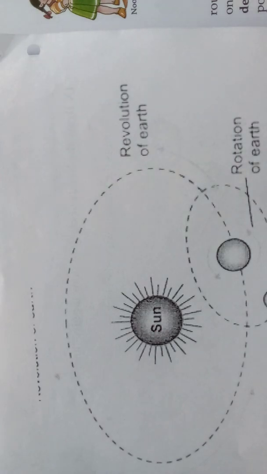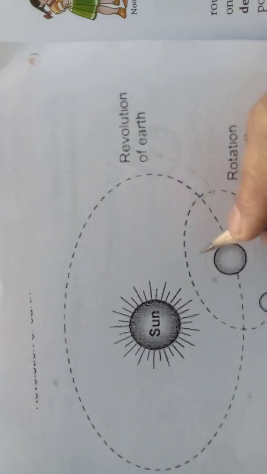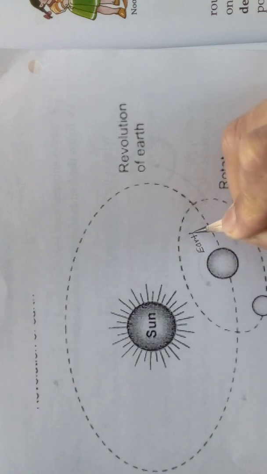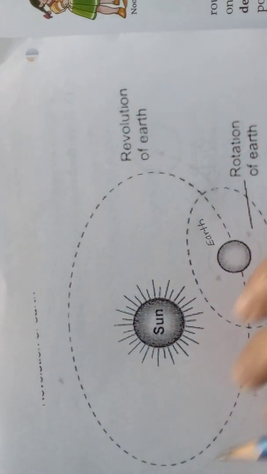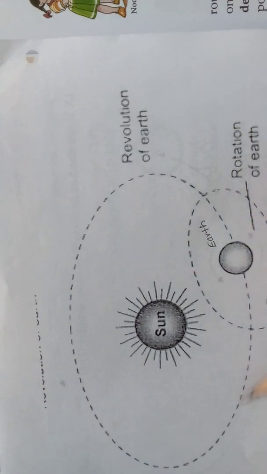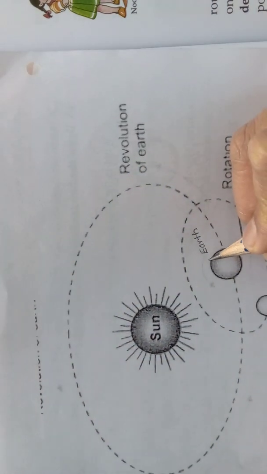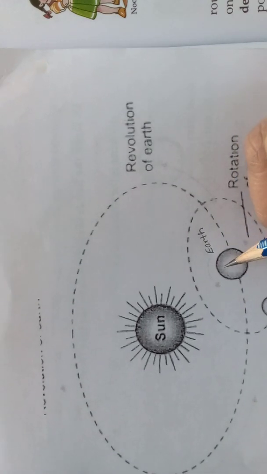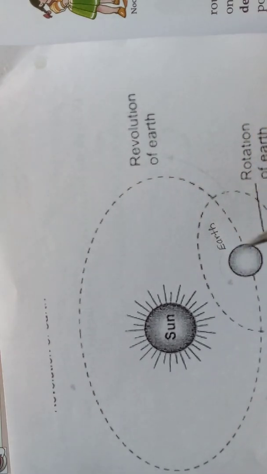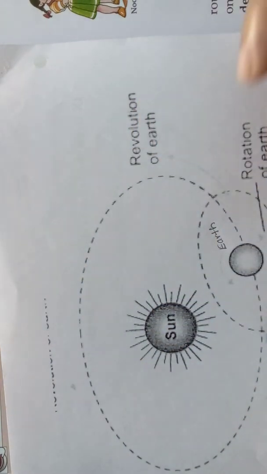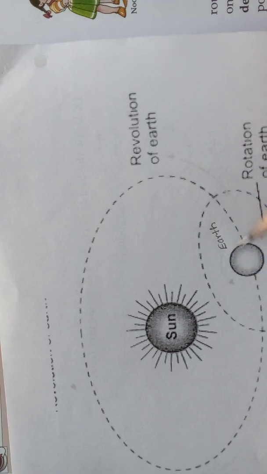And we know now, children, see, this is earth and this is sun. The earth revolves around the sun, and also it rotates on its axis, that you know, no. See, in this path it revolves around the sun, and also it rotates on its own axis. Come, we will see how the weather depends on the rotation of the earth and the heat of the sun.